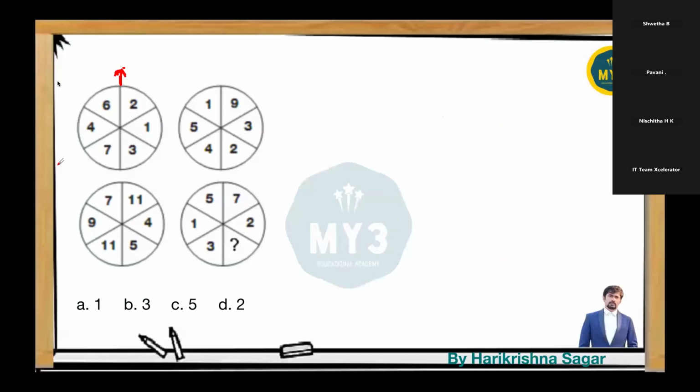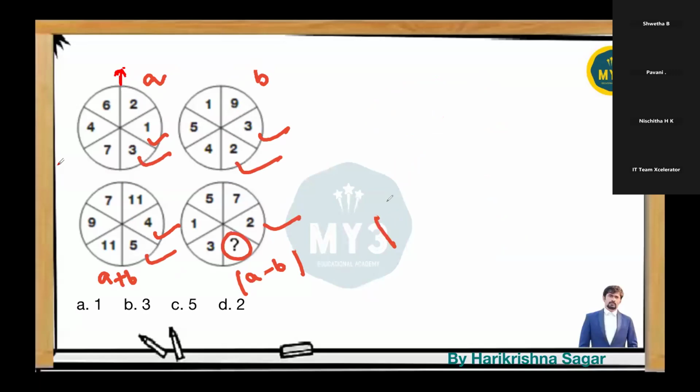Yes, exactly. Now the answer is very simple. They are just taking the A value and the B value. This circle is representing A plus B for every sector. This circle is representing A minus B for every sector, ignoring the negative value. So if you observe, 1 plus 3 is 4, and 1 minus 3 is 2. And 3 plus 2 is 5, and 3 minus 2 should be your answer. 3 minus 2, we know it as 1. Your answer must be 1, available as A, mark it as answer.